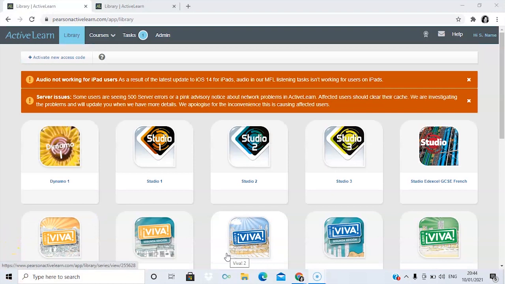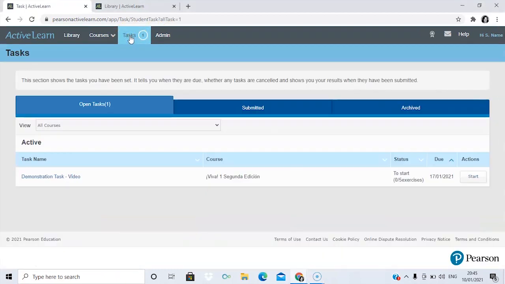Once you're logged in and you can see all of those textbooks, there are two ways that you can use ActiveLearn to practice your languages, okay? I'm sure most of you will be doing one language. So the first thing is if you go to tasks at the top and you click on tasks,